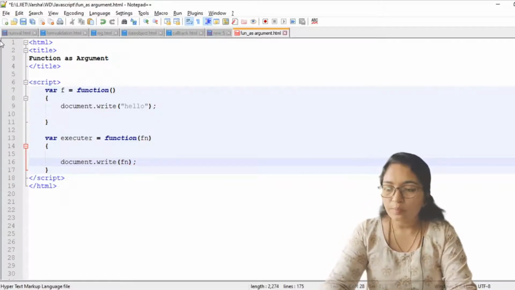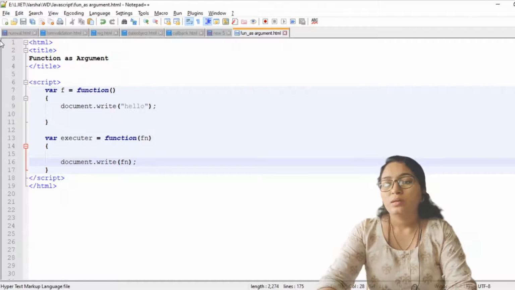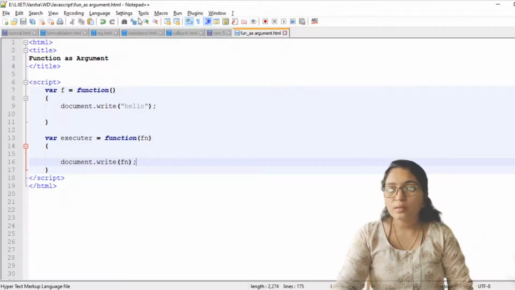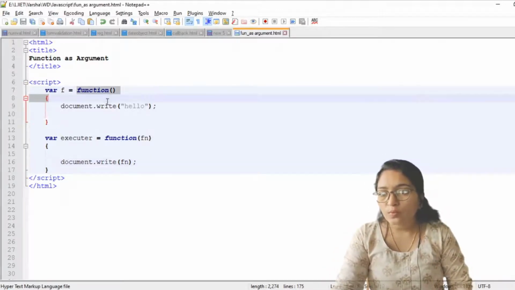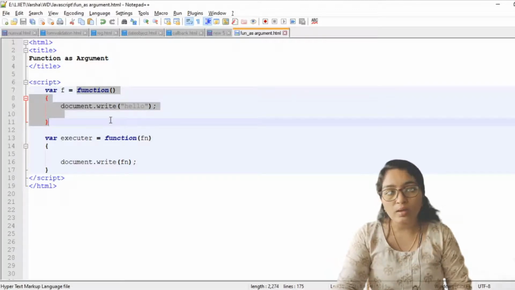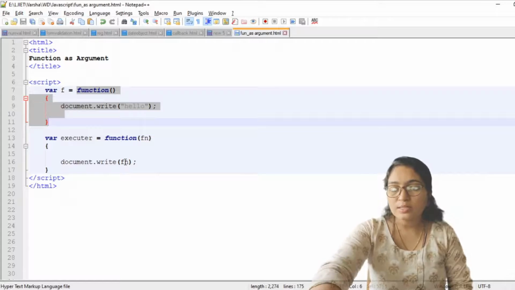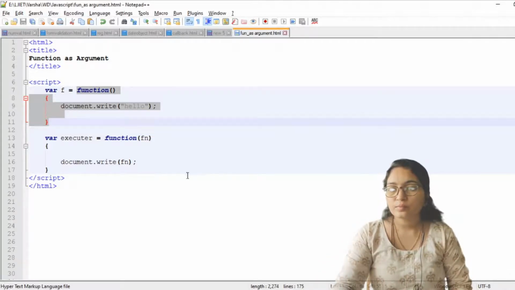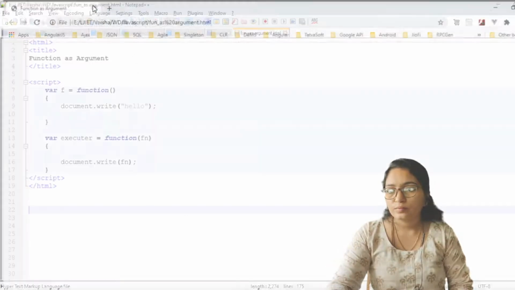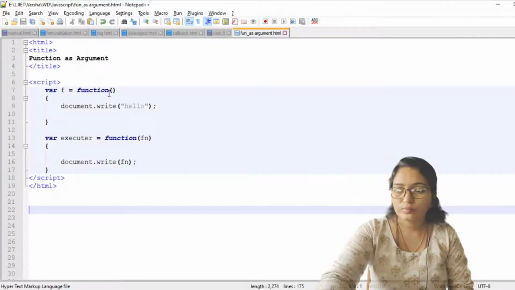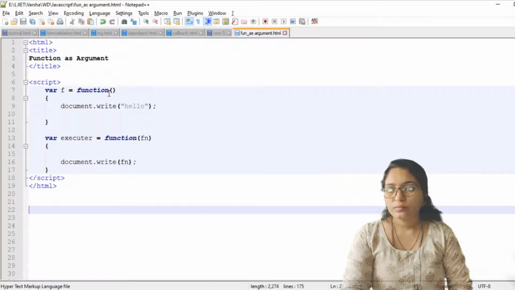It will display the value from this to this value as output, as we are writing fn. Okay, so let's see. Just a minute, it takes some time.